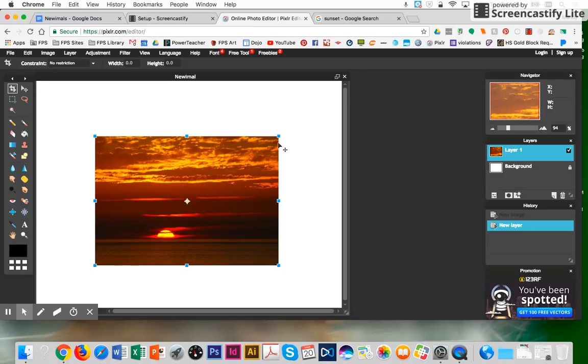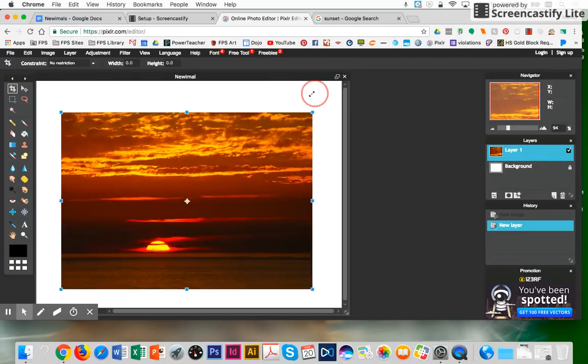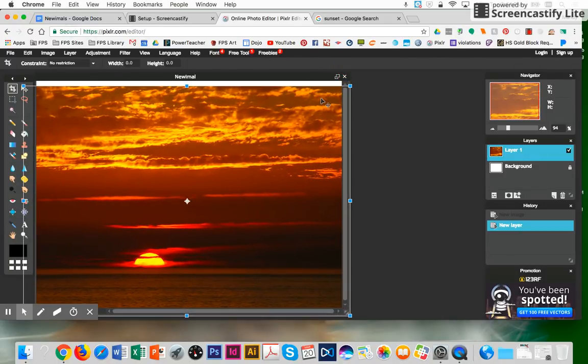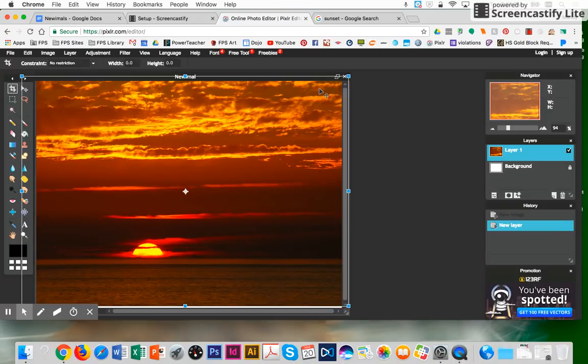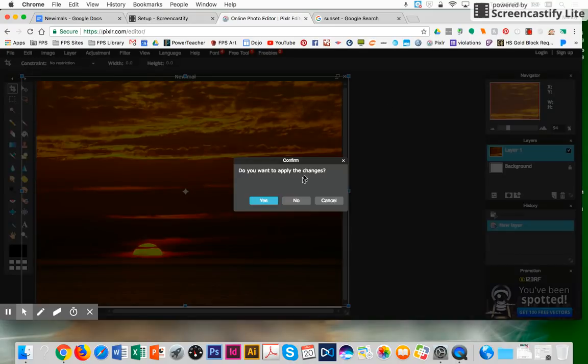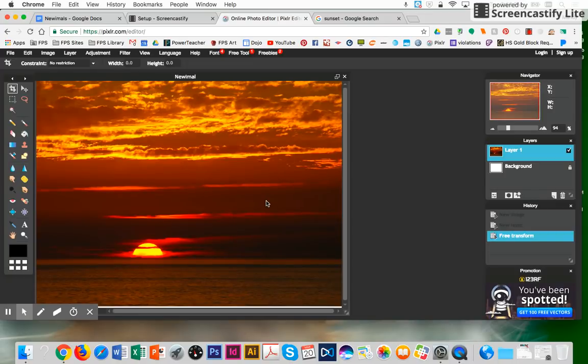Now it's small. Now it's too small, so I'm going to make it big and make it fit exactly where I want it to be. I can drag and drop it. Now I'm going to click outside the box and apply the changes. Do you want to apply the changes? Yes, I do. Okay, so now if I wanted to add another type of animal on top of this area,